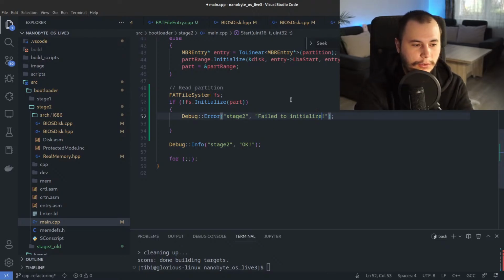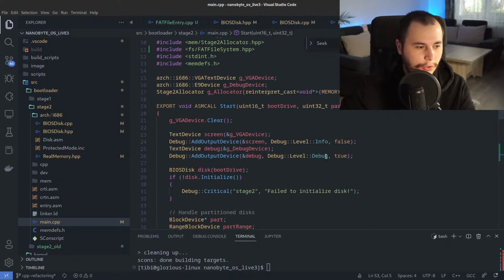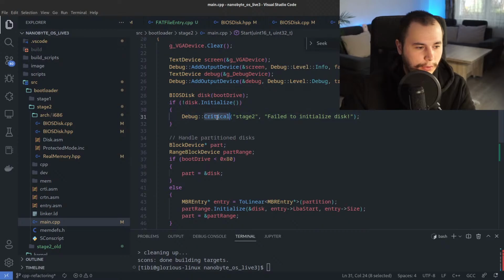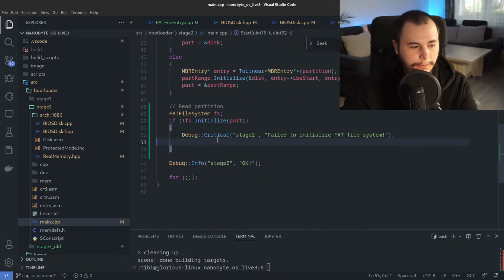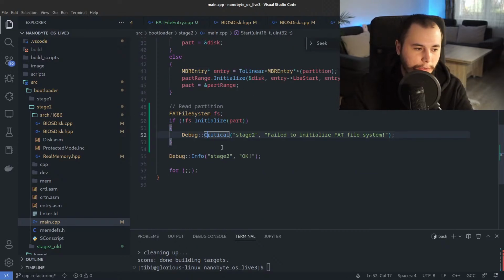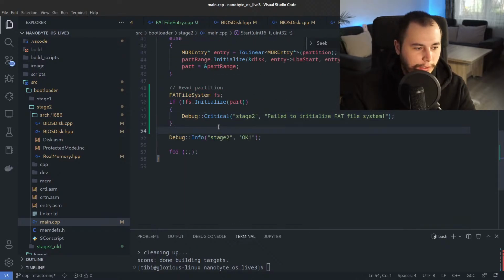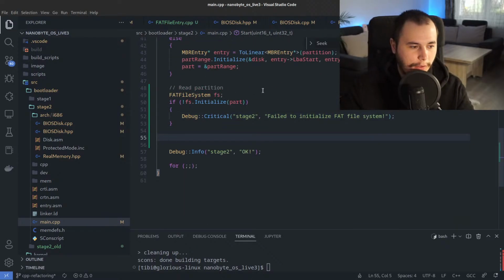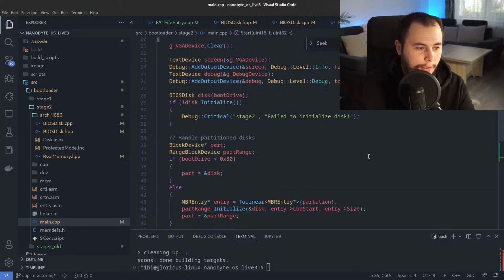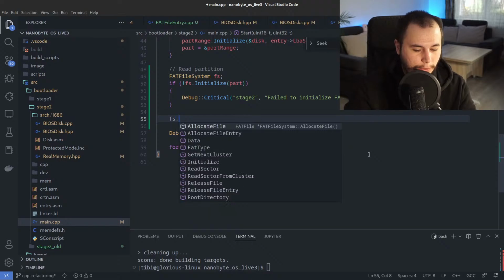So initialize that file system. And we should do something about it. Okay, critical. We have critical, which will hold the execution. Great. Now that we have the file system initialized, we are trying to find the file that we want. So